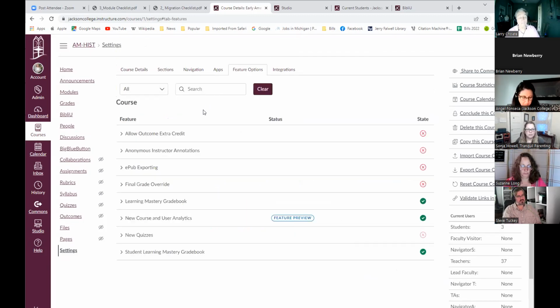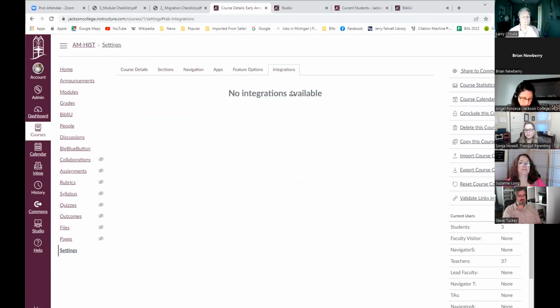And feature options, there's Mastery Gradebook, there's user analytics. These will be in future courses or future trainings also. Integrations, I don't have any installed for myself for this course. Over on the right,